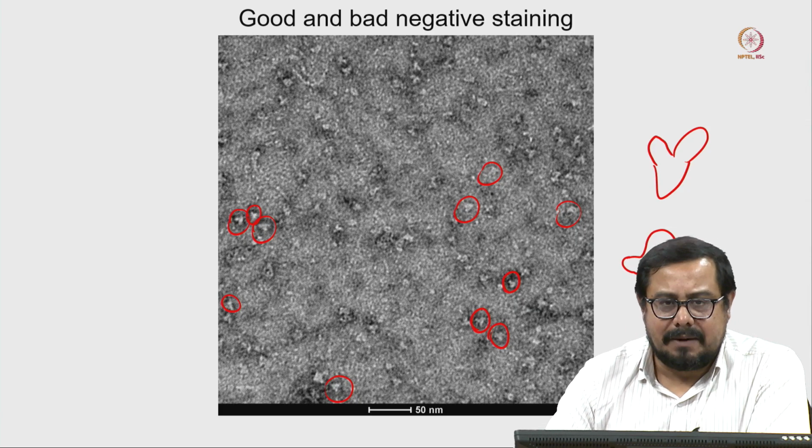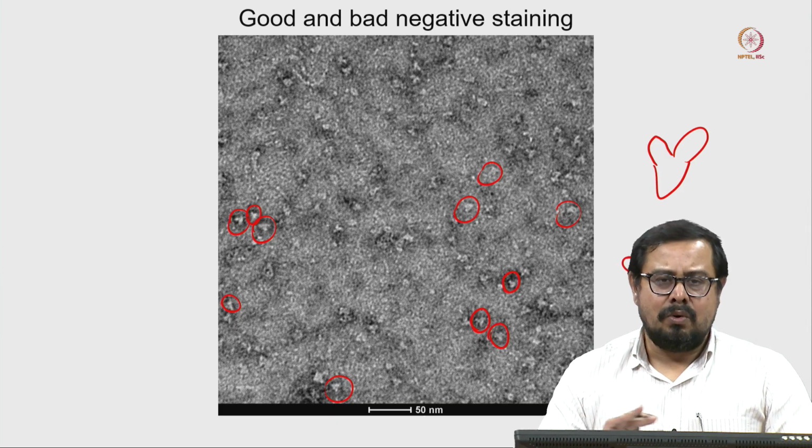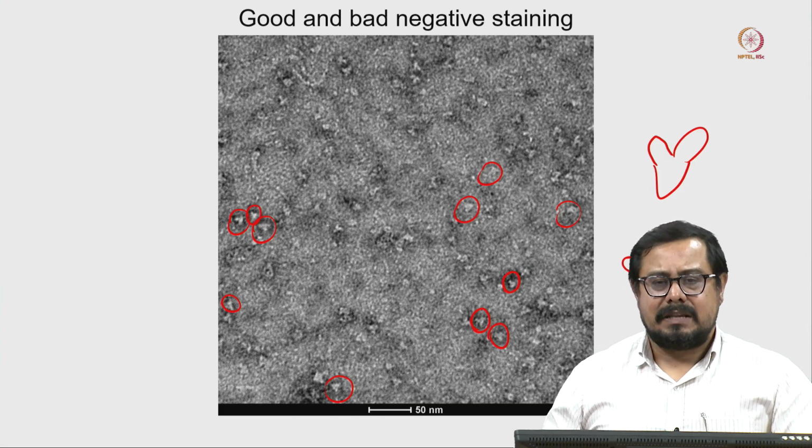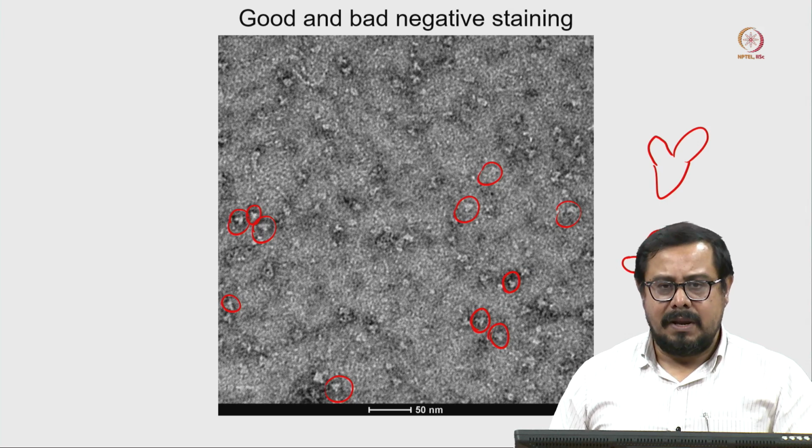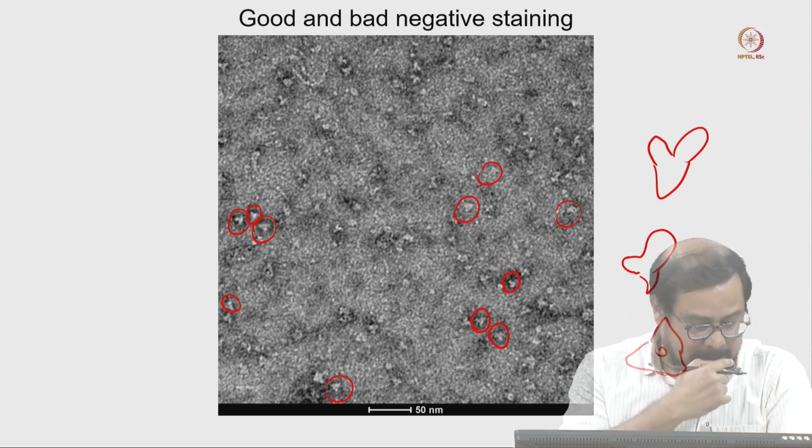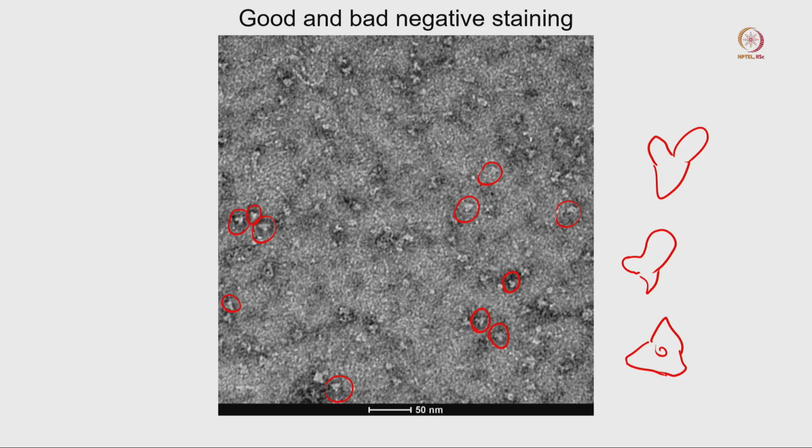In one image it is a very bad stain and you cannot distinguish the stain background from your protein sample. Probably the stain is not well distributed, and that is the reason we cannot see our protein molecules properly. But in this particular case we have a strong background. This is the background area, but definitely you can easily isolate many protein molecules from here. We can consider that this is a much better image than the last two samples.